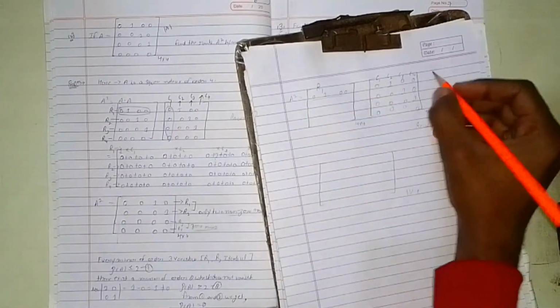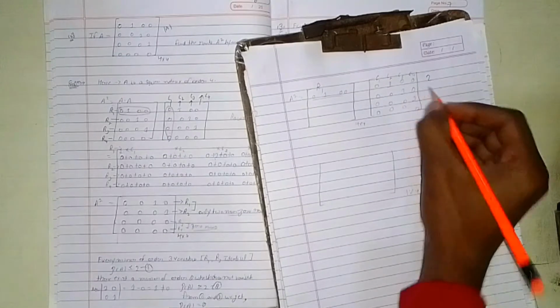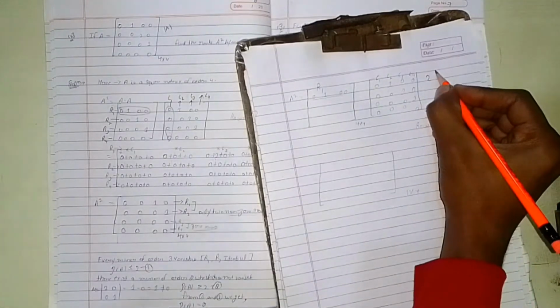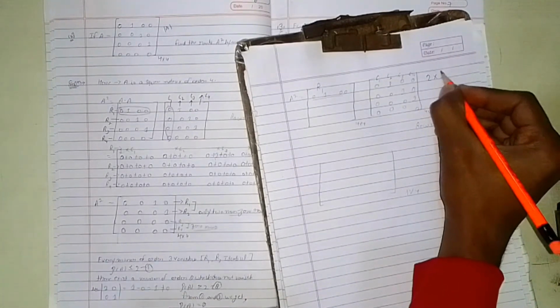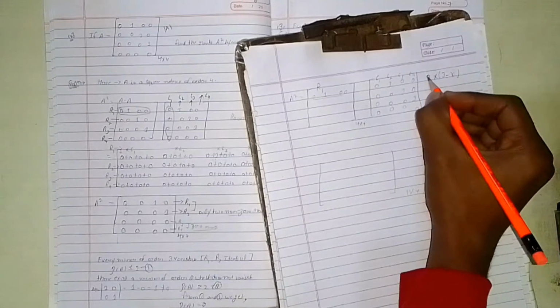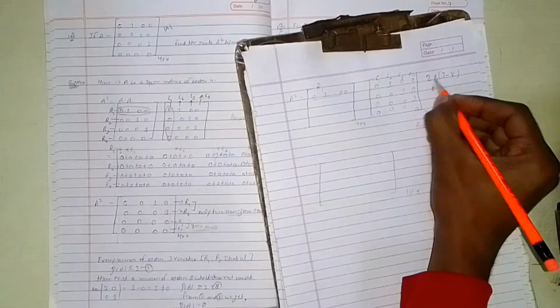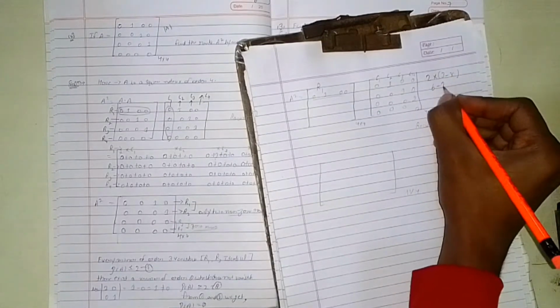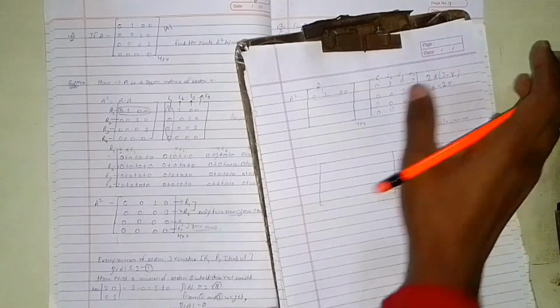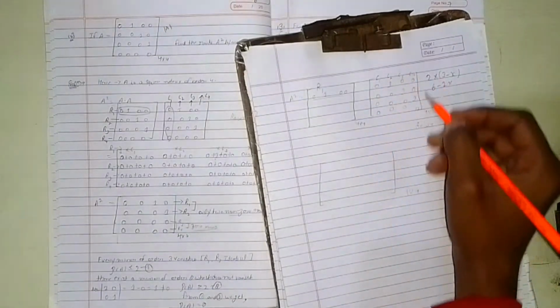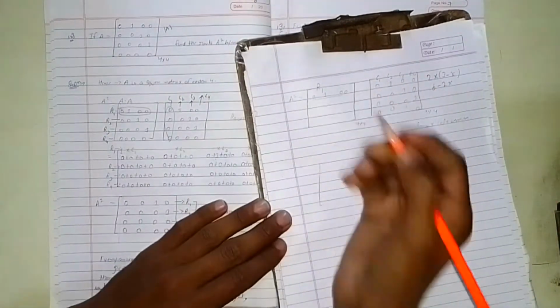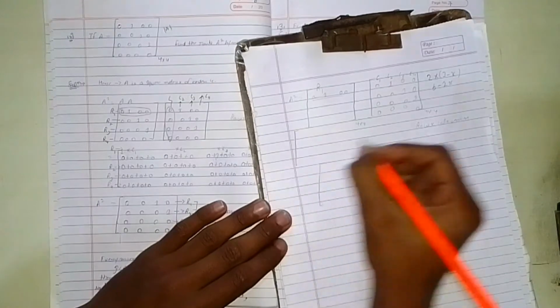What does that mean? If I write 2 outside and 3 minus x inside the bracket, what will I do? I multiply 2 first with 3. 2 times 3 is 6, minus 2 times x, that is minus 2x. So I multiply with the whole bracket. Here I have to multiply with all columns, only one row. So I am starting to do it.